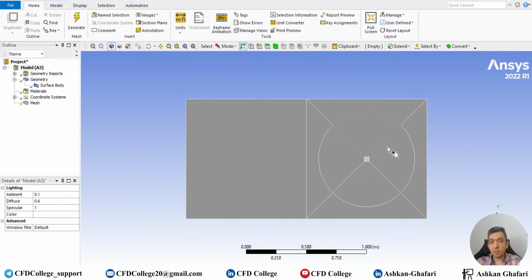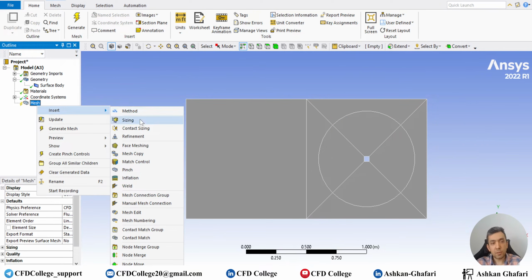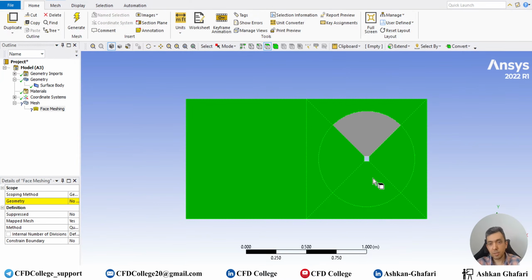But if you want to use ANSYS Meshing, you have to do it when you generate the domain in SpaceClaim or DesignModeler. So now I will add Face Meshing